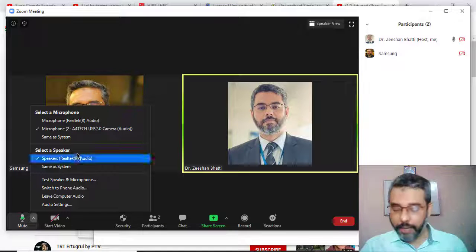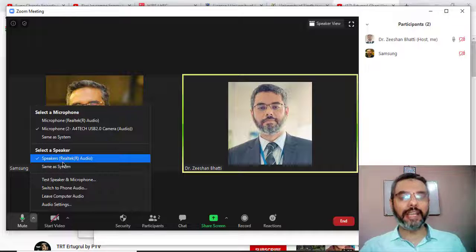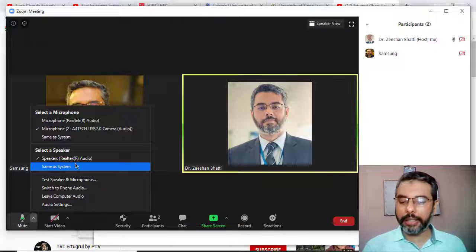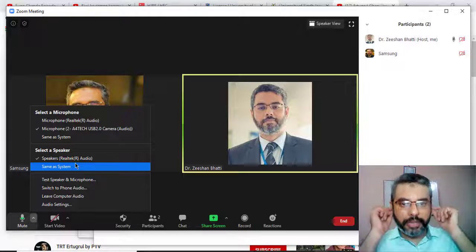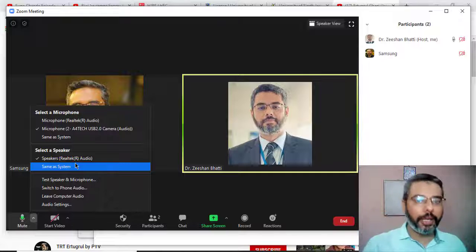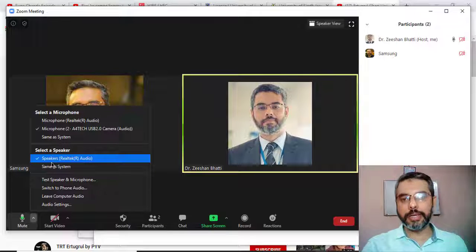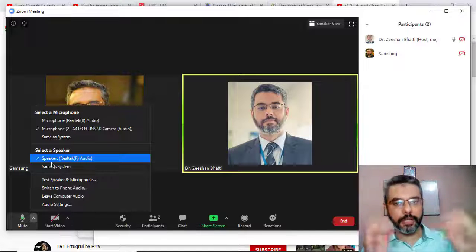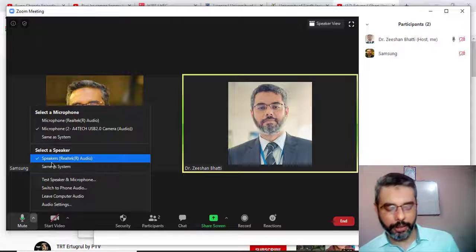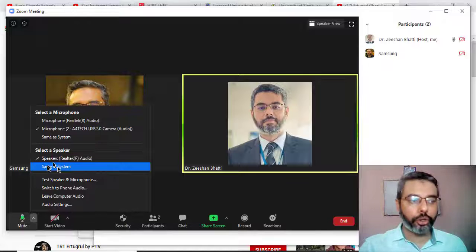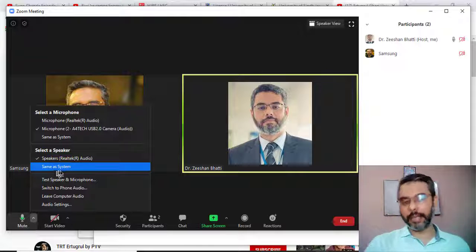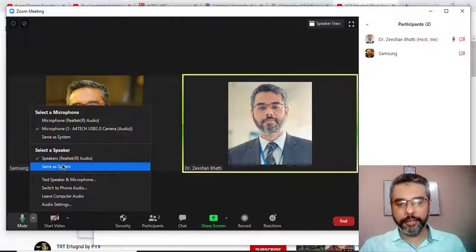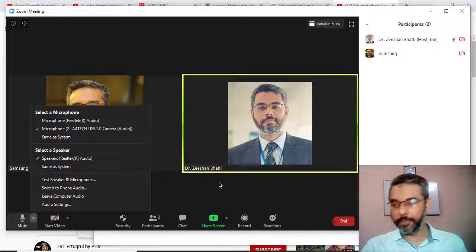Then you come to speakers. If you're not able to hear the sound, all you need to do is ensure that you've selected the correct speakers. For example, you might have connected the headphones and you're expecting the sound to come from the headphones. However, the sound has been set to speakers. Because of that, there's a miscalculation between the software and the speakers, so the sound is not being correctly coordinated. So you need to ensure that you select the headphones from within this category as well. Once you select the headphones, it should give you sound from that point as well.